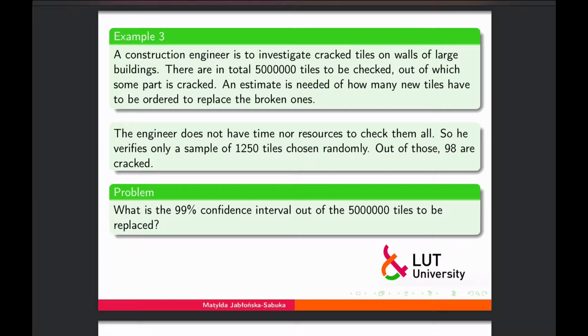Knowing how many he checked and what proportion of those are cracked, we would like to know, with 99% confidence, how many we can say are cracked out of the 5 million. In that case, we know the number of checked tiles was 1,250, and the cracked ones, which in our case is the success, is 98. So the sample proportion is the ratio 98 divided by 1,250, and that gives us